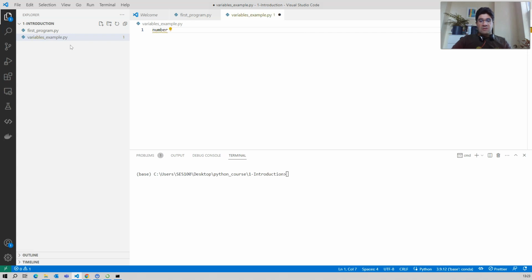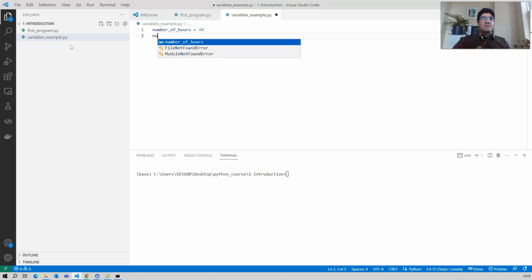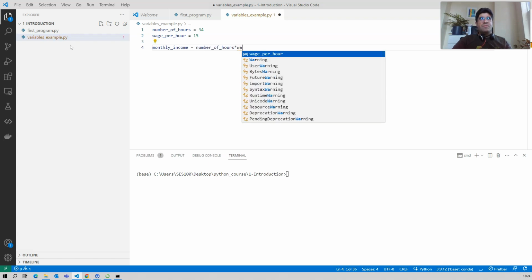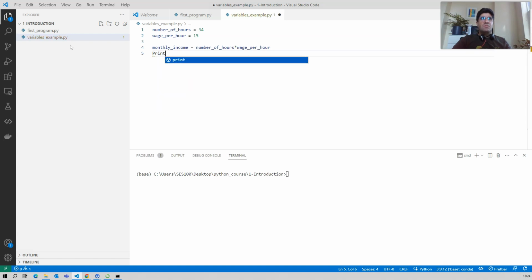So for example, if somebody works 34 hours in 1 month and the wage per hour, for example, is 15 pounds, then we can say the monthly income will be number of hours times wage per hour,